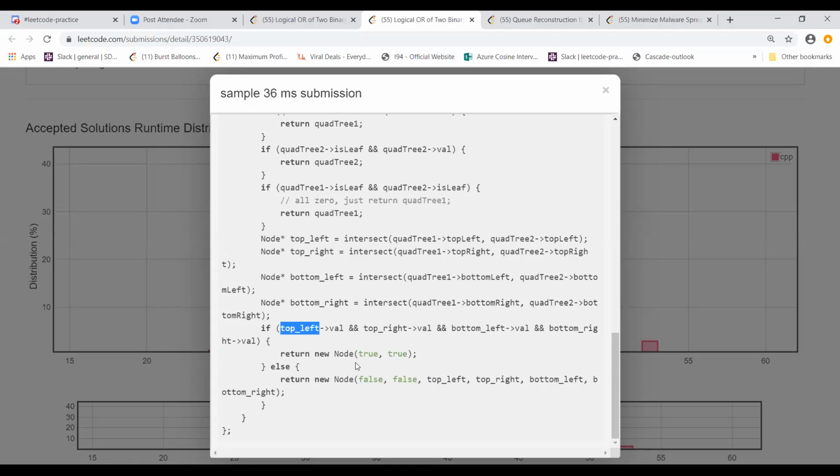So if it is a leaf, then this is what it returns. Both are true. It's going to get set to true, right? So this true means it is a leaf, and this is the value actually. So when you get a leaf, then you are returning this one, because when it is a leaf, it doesn't matter what these values are, correct? So they should all be null because it is a leaf.